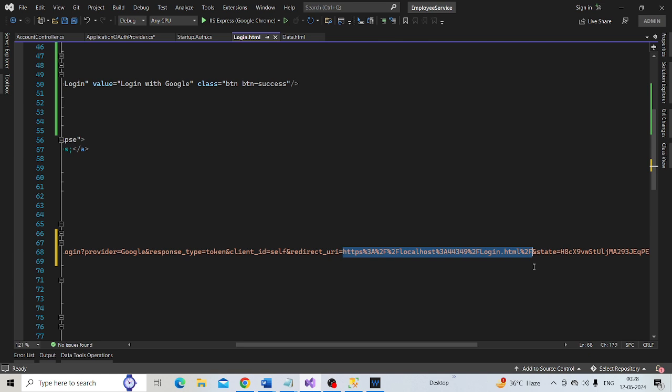From here, let's remove the encoded characters. Let's remove the encoded character. From here, save our changes.